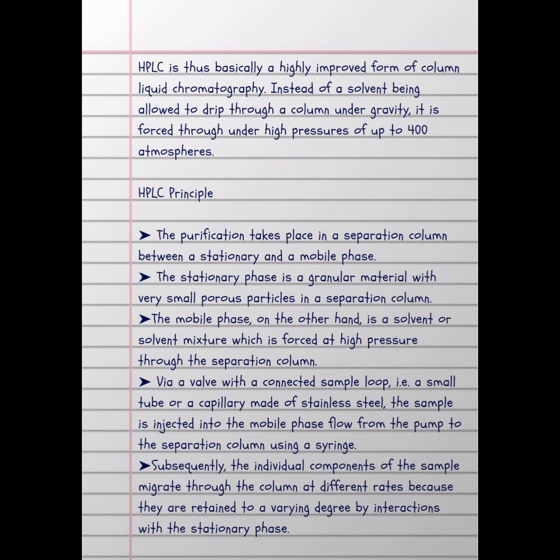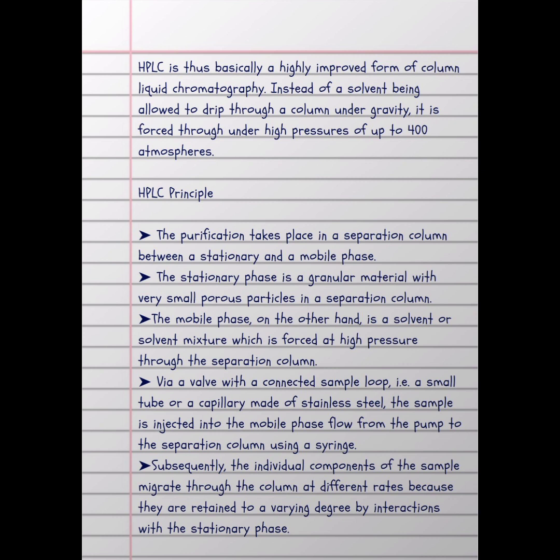HPLC principle. The purification takes place in a separation column between a stationary and a mobile phase. The stationary phase is a granular material with very small porous particles in a separation column. The mobile phase, on the other hand, is a solvent or solvent mixture which is forced at high pressure through the separation column via a valve with a connected sample loop, i.e., a small tube or a capillary made of stainless steel. The sample is injected into the mobile phase flow from the pump to the separation column using a